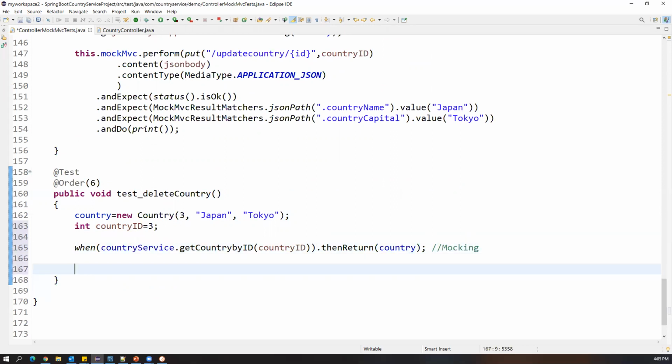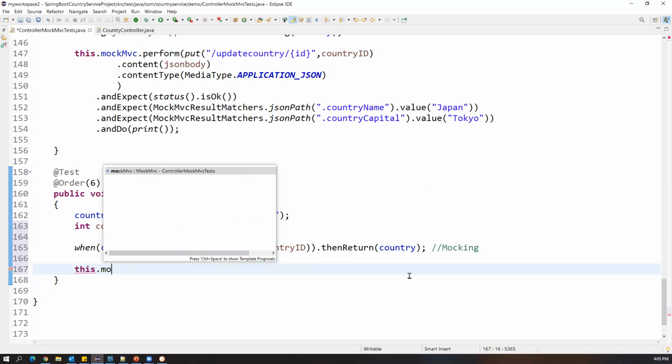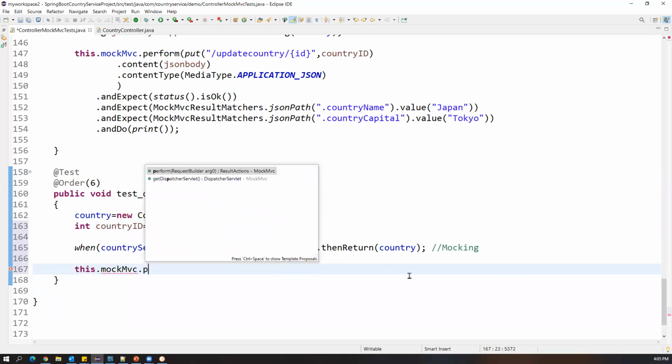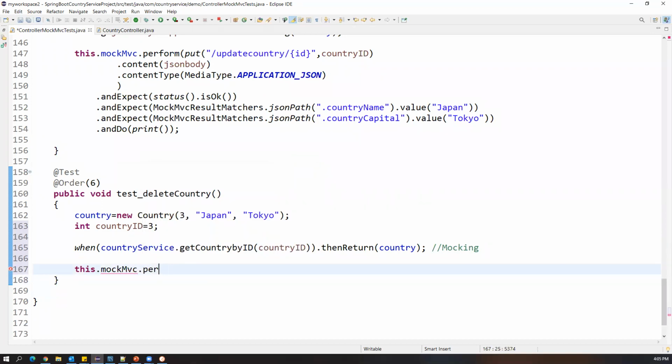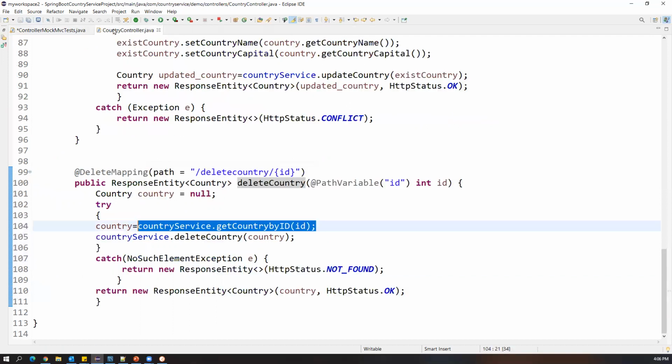Now we need to call the controller method through the URL. This time it is a simple delete request. So I say this dot mockMvc dot perform. What is the call we have to perform? Here we have to call delete. And what is the URI which we need to pass in the delete?